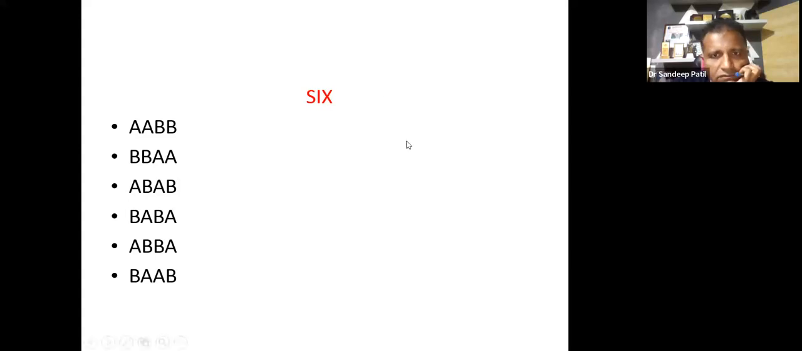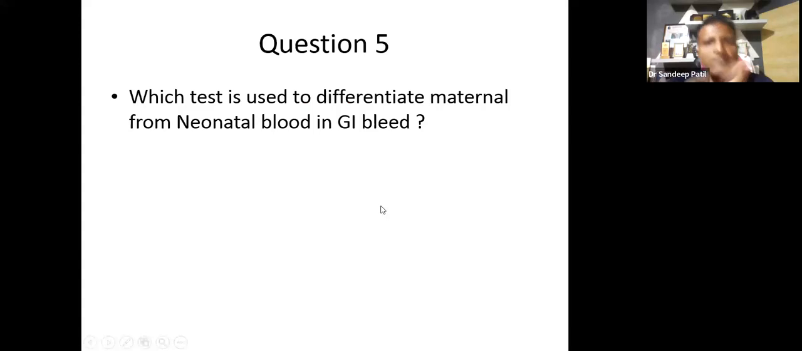Now, another question is, which test is used to differentiate maternal from neonatal blood in case of GI bleed? Now answers are coming. Everybody is answering APT test. So APT test is basically used to differentiate between maternal and neonatal blood. The APT test is done by using sodium hydroxide, and this sodium hydroxide is used because fetal hemoglobin is